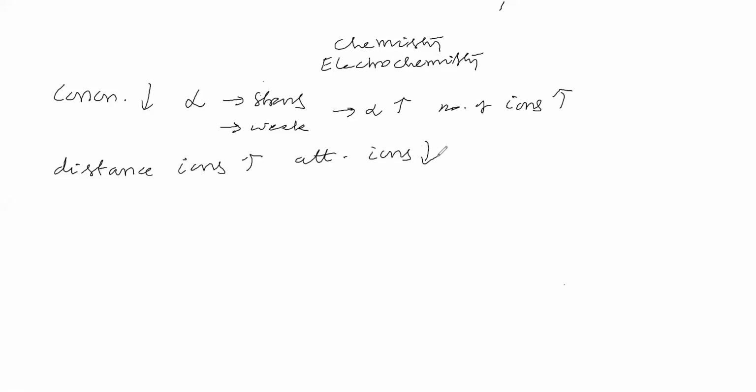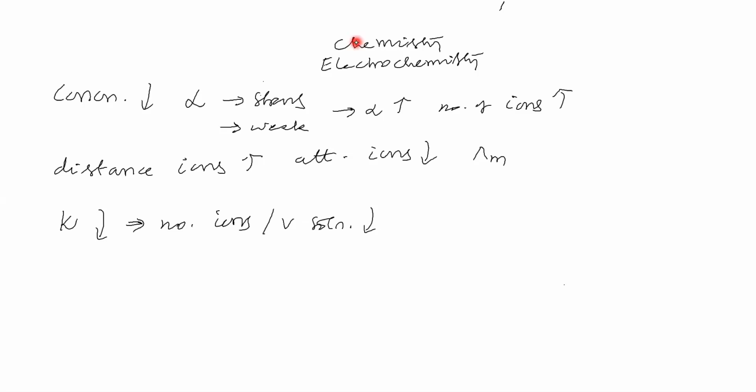Now, what will happen to the lambda m value? What will happen to the molar conductivity, and what will happen to kappa? Whether it will rise or decrease, that we have to see. Now kappa: experimental analysis says kappa decreases. For this, the explanation we have given is that the number of ions per unit volume of solution decreases.